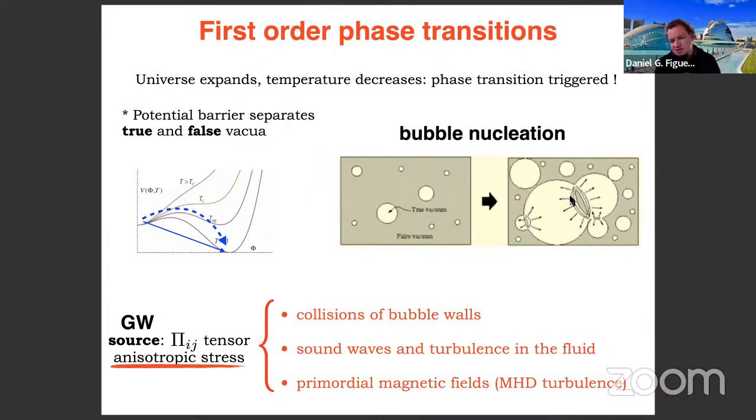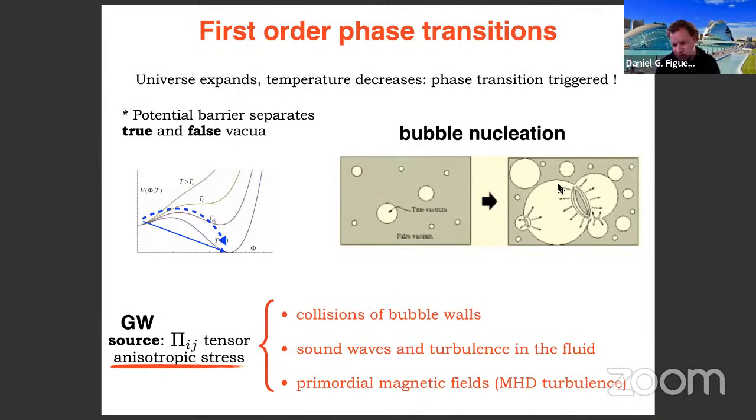These kinds of phase transitions are called first-order because there is a barrier in the separation of minima, and therefore you can make a finite jump of the Higgs amplitude from 0 into a finite value. And as you can imagine, this kind of configuration is going to release a lot of energy. It's going to be a very anisotropic situation once bubbles collide. And just from the collision of the bubbles, from the bubble wall profiles, we are going to produce a lot of gravitational waves. But furthermore, because there is a fluid now, because we are in the thermal era and the fluid is coupled to the Higgs,